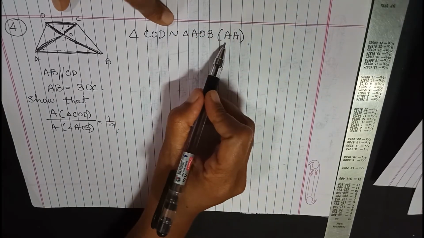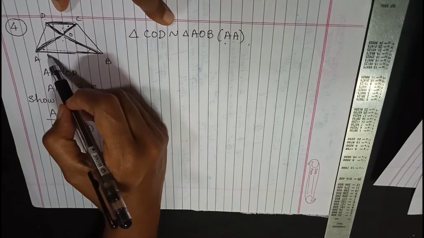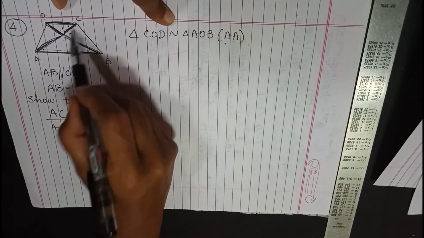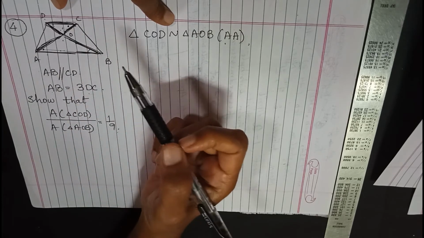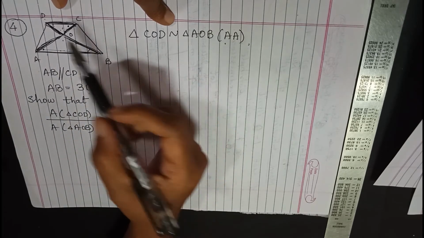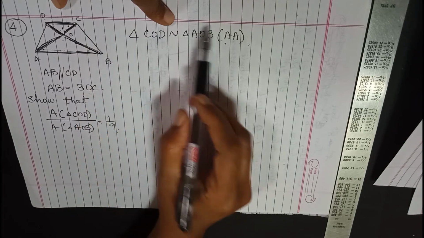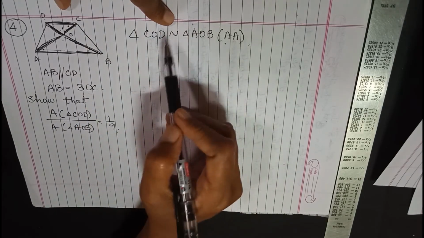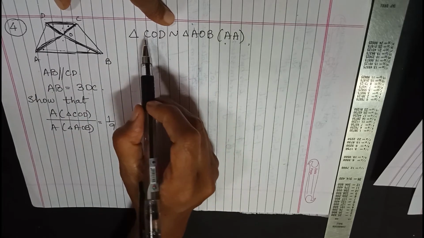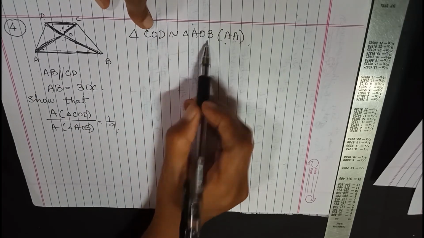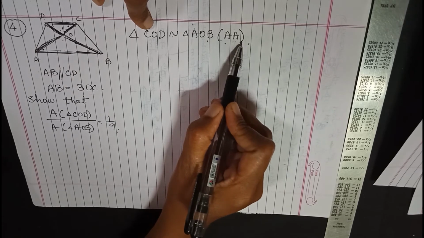You just don't have to make a statement. You will have to write which angle is equal to which by giving the reasons. And how to do that we have already seen in our earlier videos where we were doing similarity of two triangles. So please refer to that video to see how we should write this. Not just the statement, you will have to write the names of the angles which are equal and then make a conclusion that triangle COD is similar to triangle AOB by AA test.